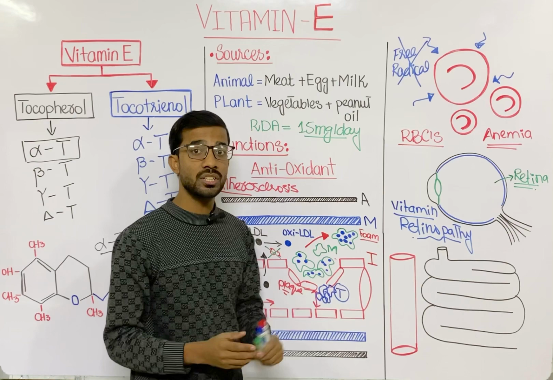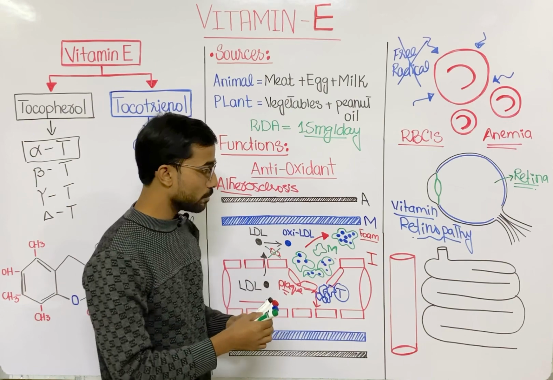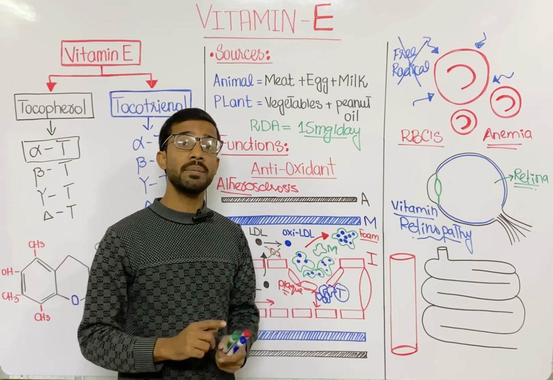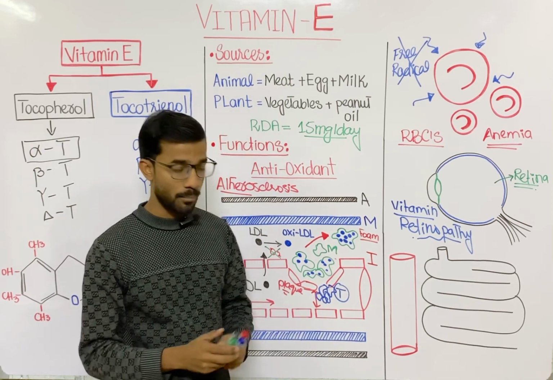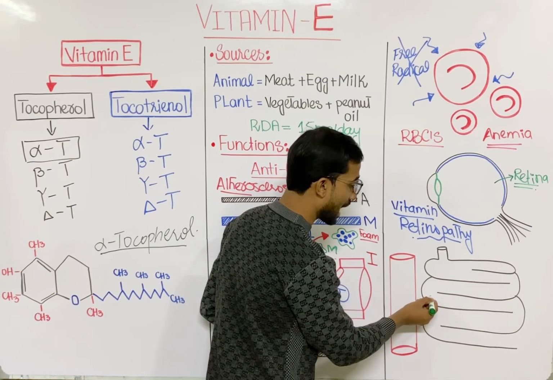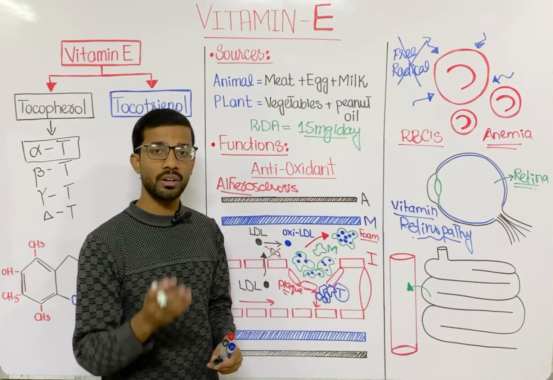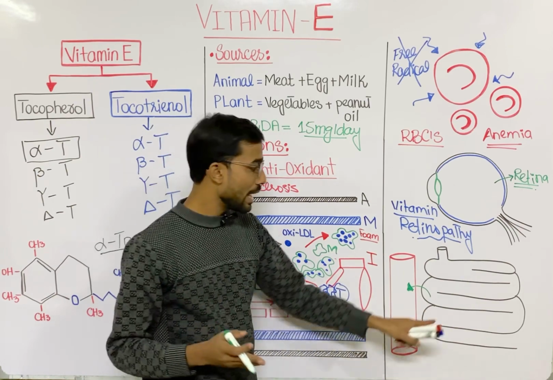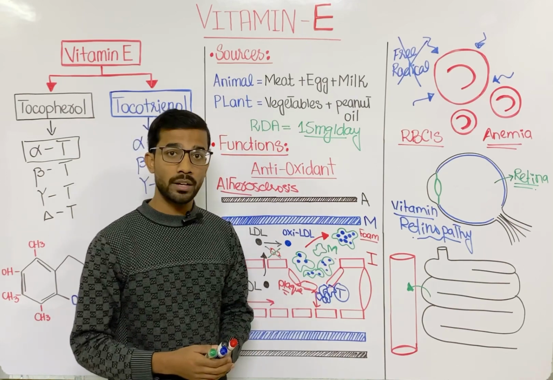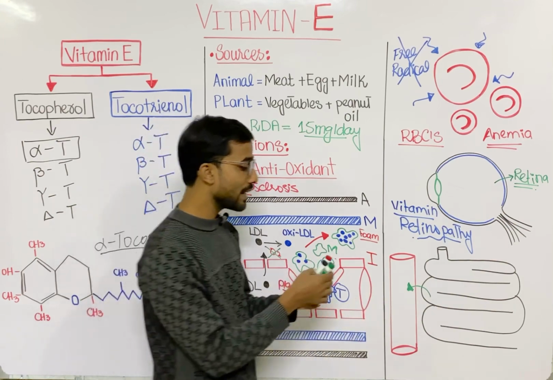So what actually changes in our body that causes vitamin E deficiency? As we know, vitamin E is a fat soluble vitamin, so vitamin E is absorbed along with the fat in our body. So if you see here in this intestine, you will see vitamin E is absorbed in our body along with the fats, in the form of chylomicrons, which take the vitamin E and enter our body. When there is a defect in the absorption of the chylomicrons or fats, then you will see deficiency of the vitamin E in our body, and that mostly happens in